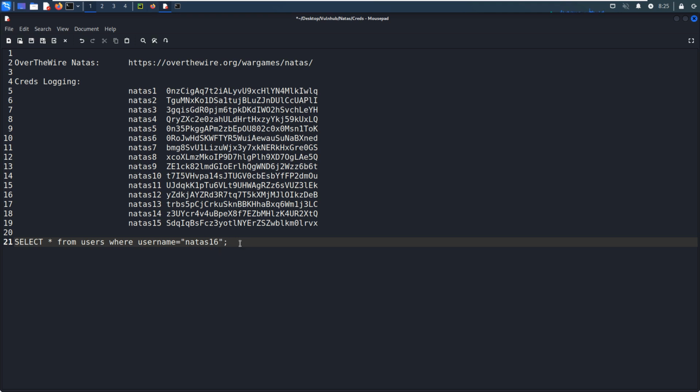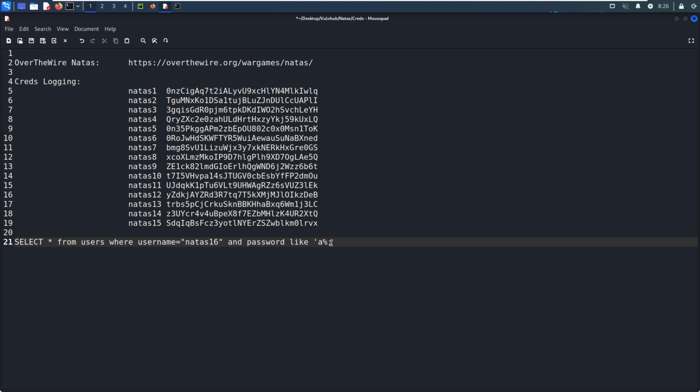However, how does the fuzzy match work? We can use AND password, and we can use LIKE. LIKE means we will do the fuzzy match. For example, we can guess this password starts with A, and we can use the percentage symbol. It means that everything else doesn't matter.